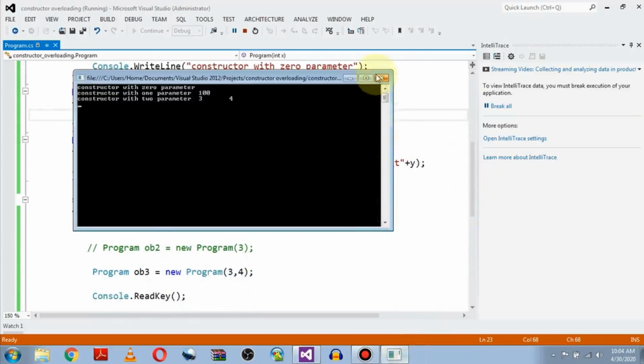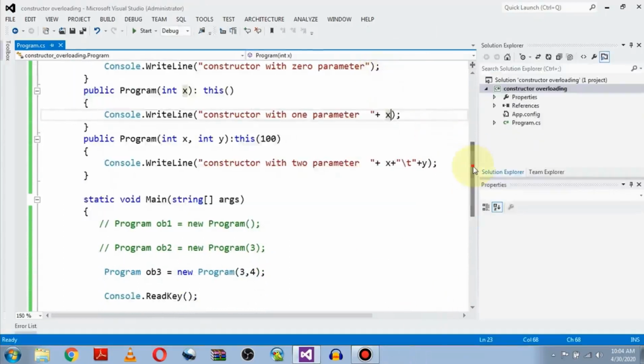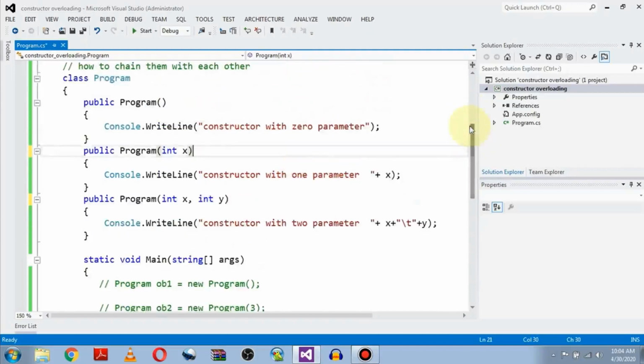If you want to connect these functions in a reverse order, let's say I want this 2 argument function to be connected with this 1 argument constructor, and the 1 argument constructor to be connected with a 0 argument constructor. So let's see how.